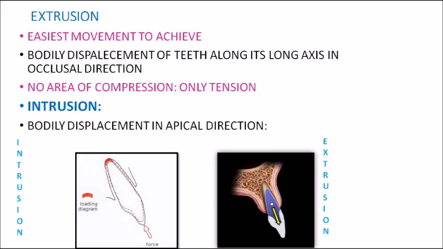So only a minimal force can be applied for intrusive tooth movements, because otherwise the periodontium will be very much damaged, as the load felt is heavy. Since the force is applied only on a small area, if you apply too much force, the pressure felt in the periodontal ligament will be too heavy, and that can cause damage to the periodontal ligament. So intrusion is a sensitive tooth movement, and only a very minimal force should be applied, because the loading is felt only on a small area at the apex of the tooth.